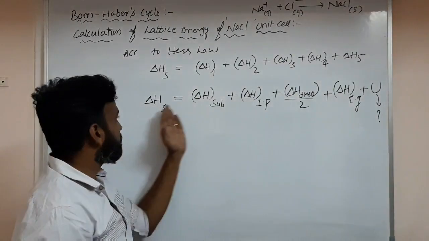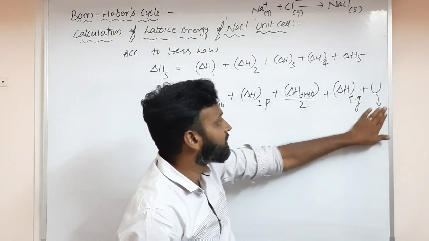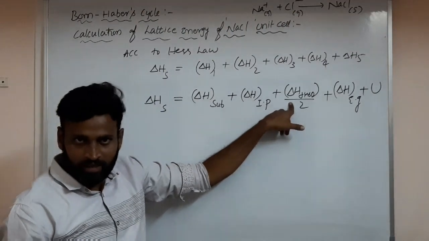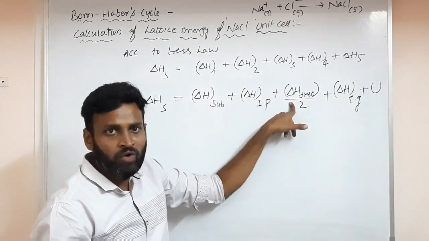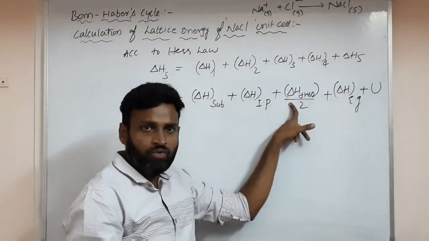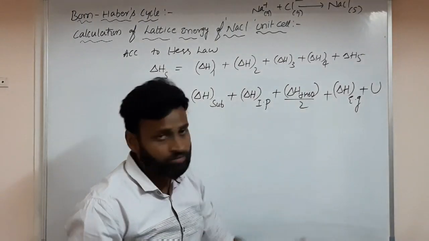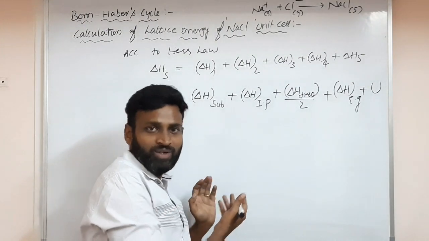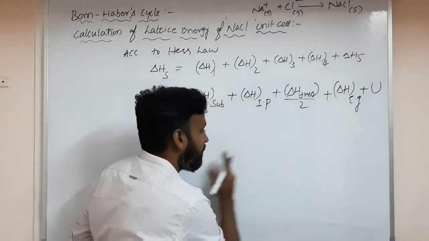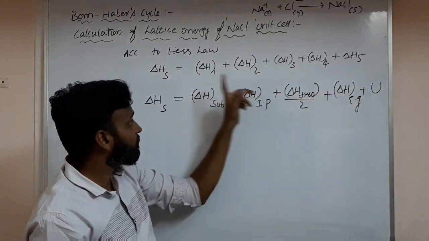Understood? They will give these values and ask what is U. Lattice energy is what we have to say. Third step, dissociation of the non-metal, which forms the anion. So if 1 mole of chlorine is required, divide by 2. Of course, if 2 moles of chlorine are required, no need to divide by 2, because that is delta H dissociation. 1 mole of Cl2 gives 2 moles of chlorine atoms. So this is all what we have written for 1 mole.